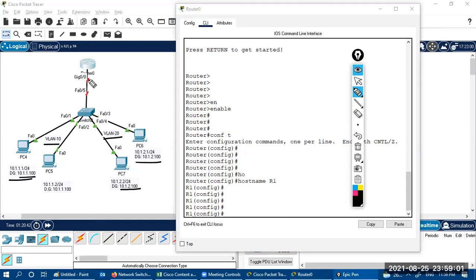But here we have only one port, which is Gig 0/0. So now the question is, on one physical port, how do we configure two multiple IPs? How do we configure two logical IPs there, one for VLAN 10 and one for VLAN 20?